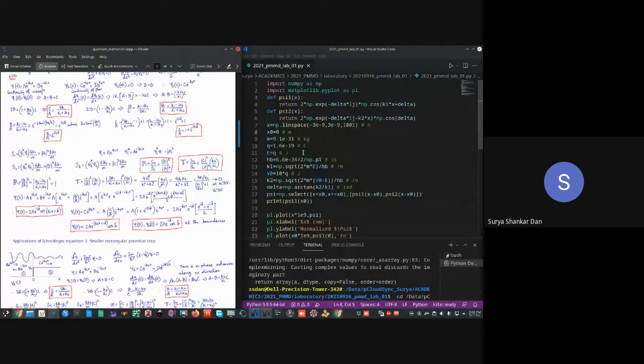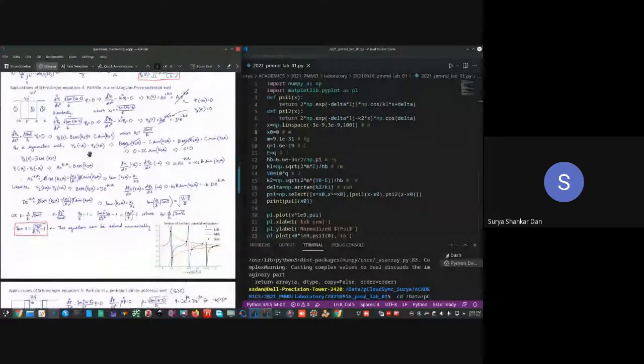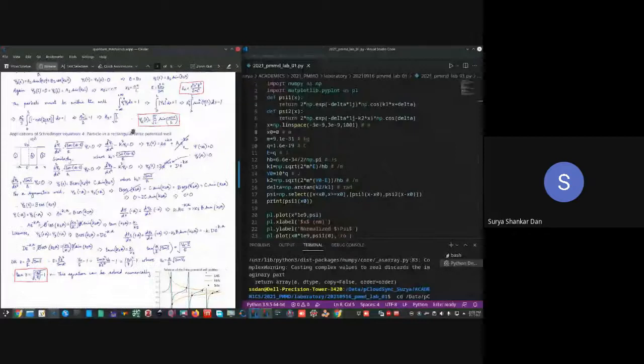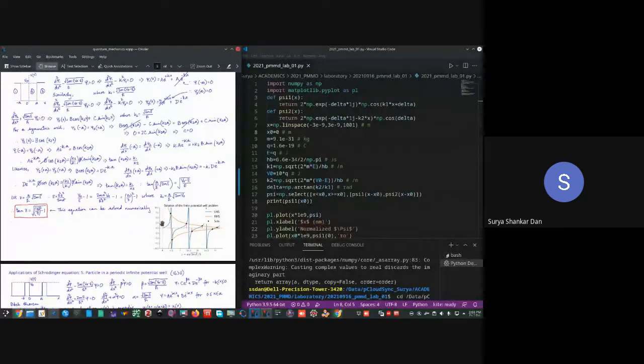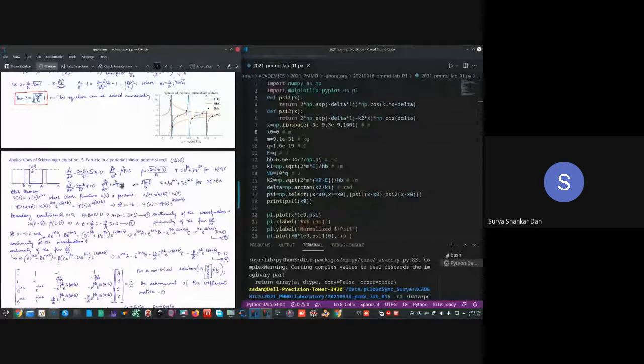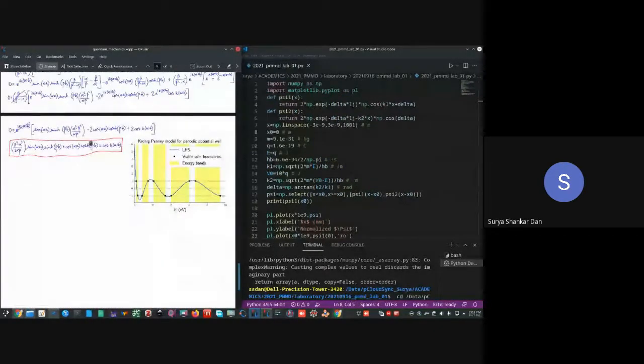Those analytical models. In some cases, for example in the finite potential well problem, it was not possible for us to develop an analytical model, so we have to solve it with numerical methods. That will also be part of one of the lab assignments. Then, for example, the periodic infinite potential well. The model which we had developed was this. Then you have to solve this one.